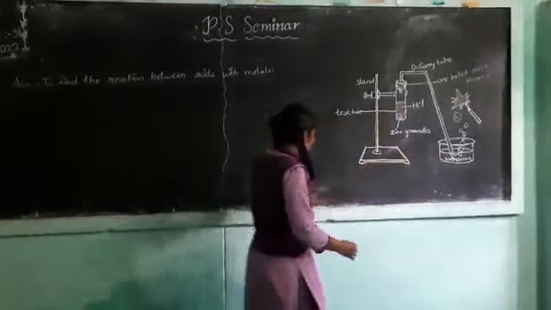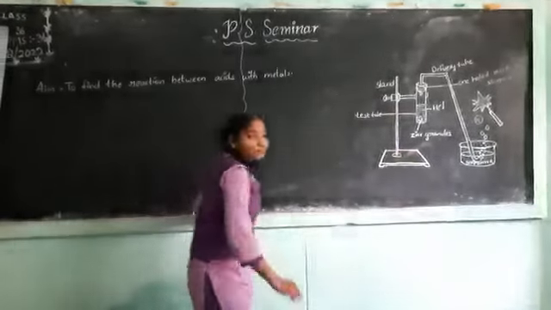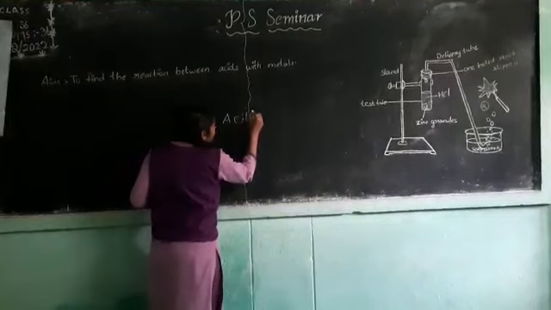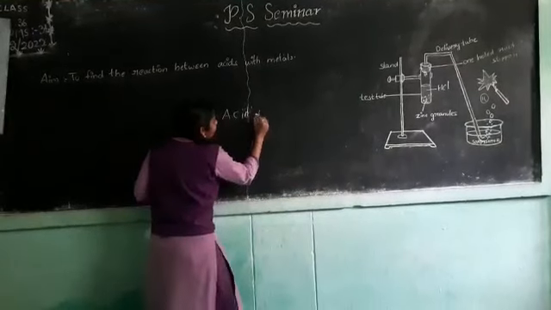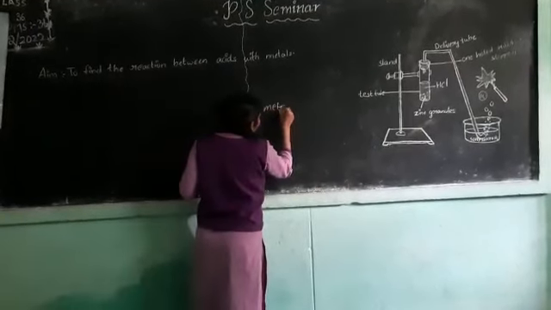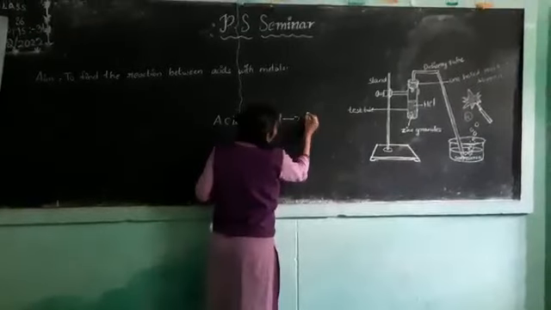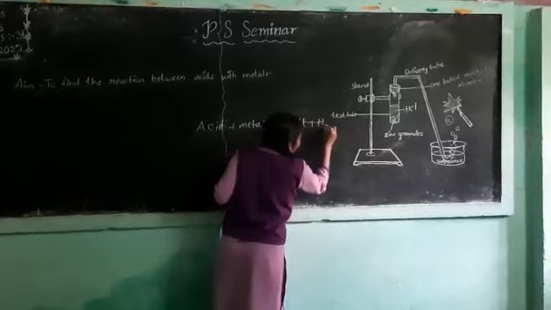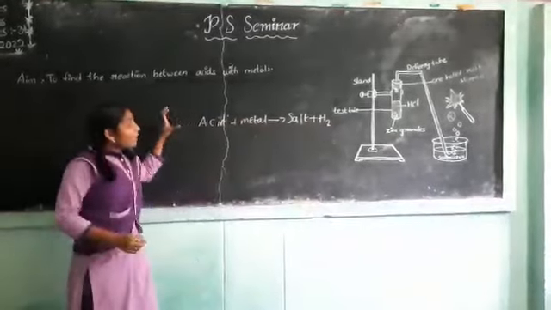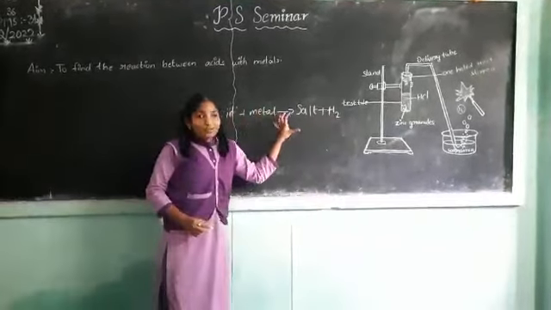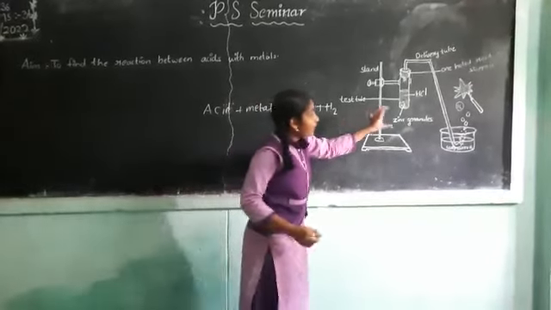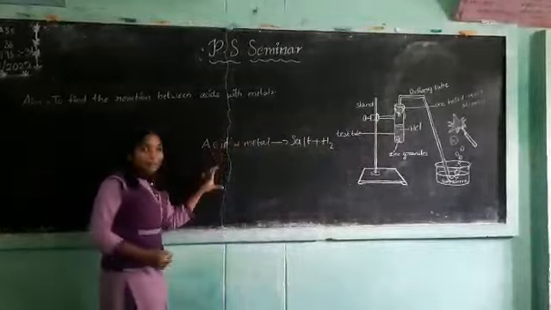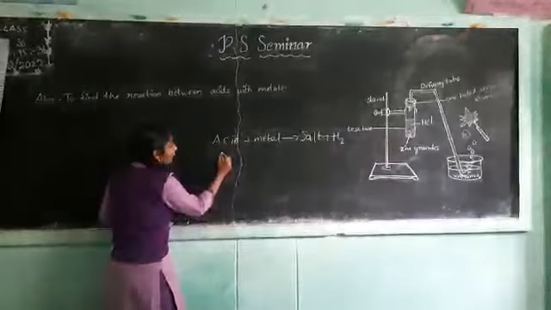Now from this experiment, we conclude that acid plus metal will give rise to respective salt and hydrogen gas. Right? Now, this is a general form of this experiment. We use the metal here, zinc. Now, using the elements, we can represent the equation as the acid we use